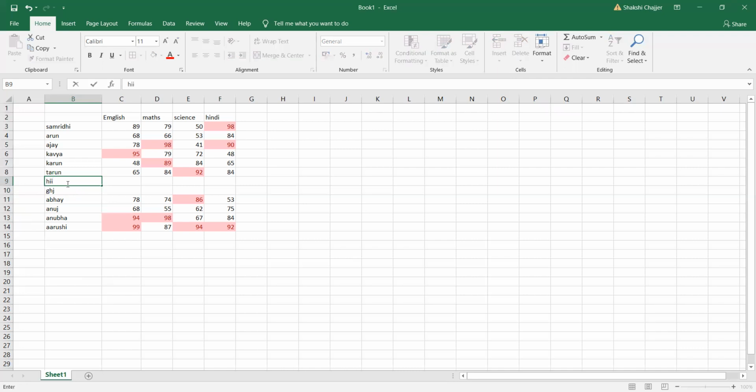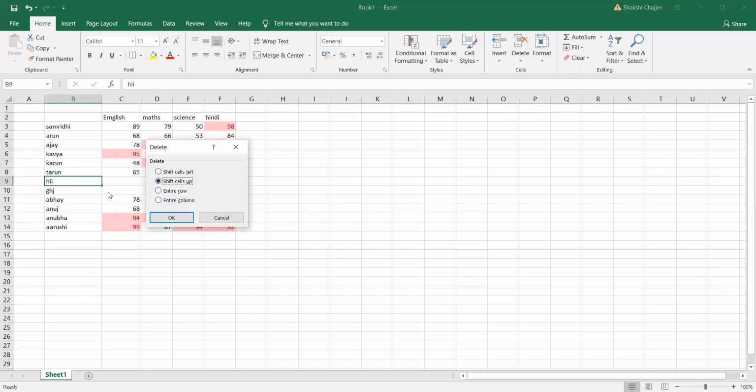So here I have written the text and I just want this cell to get deleted. For deleting this cell, I click on delete cell. Now if I'm deleting a cell in between, we all know that whenever we delete something in between, that space cannot be left blank, right? Either a row is going to shift or a column is going to shift. So something is going to shift up or left. So here it is shift cell up and shift cell left.